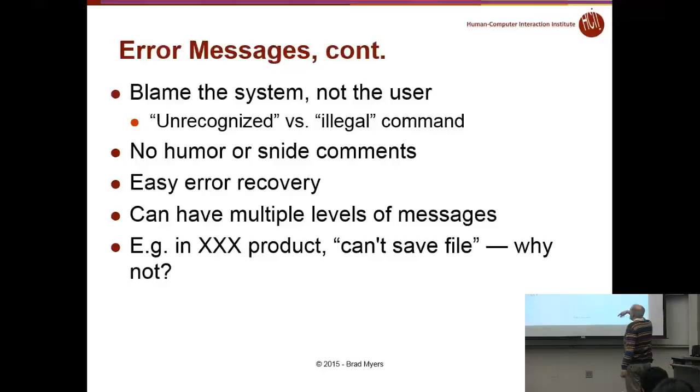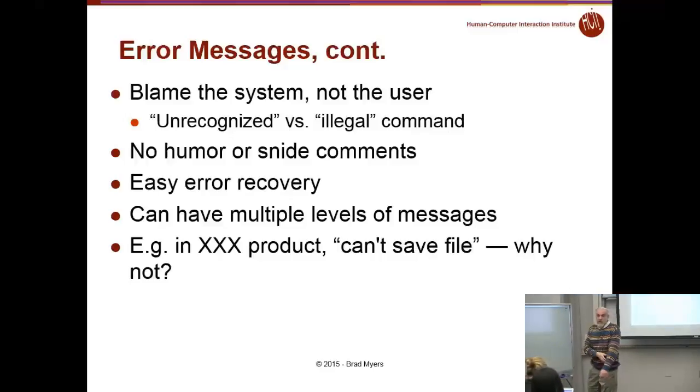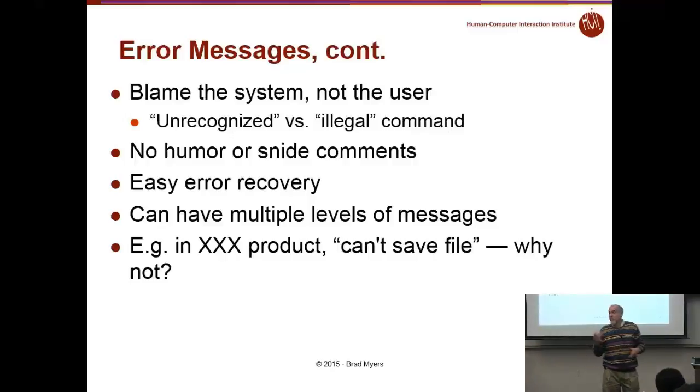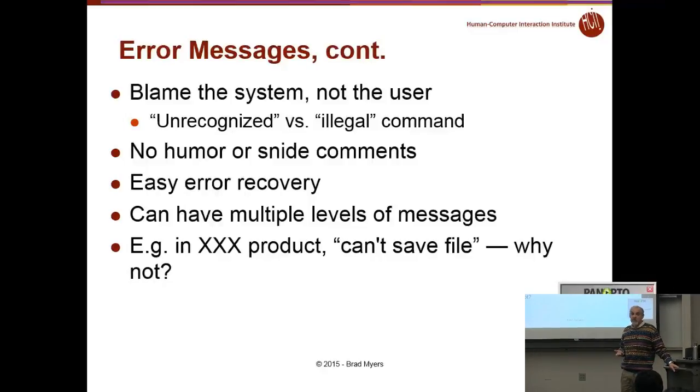So in this product, does the operating system know why you can't save, right? This information has to be known by the operating system. Otherwise, it couldn't have done all these tests to make sure it could save the file. And that information is actually passed to your application. And so this is just the programmers being lazy and not reflecting this information that they've been given from the low levels to the user error messages, right? And so what this basically is telling people,